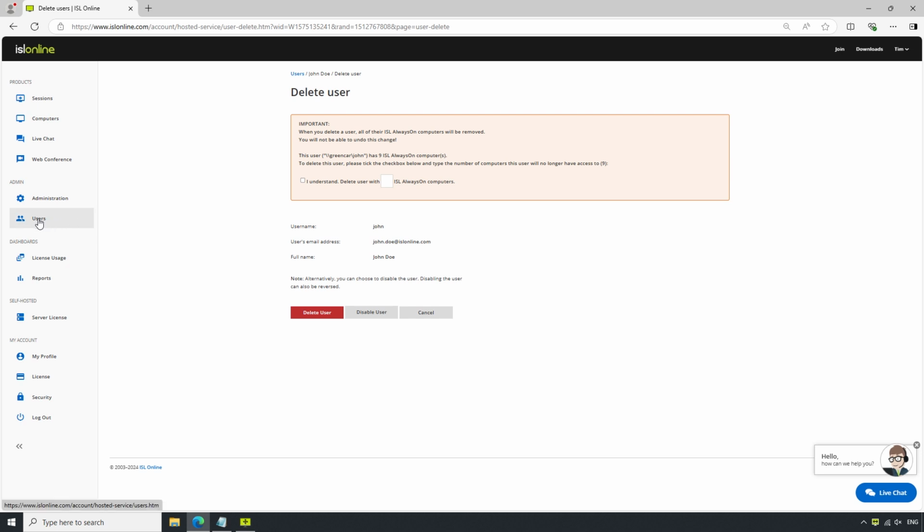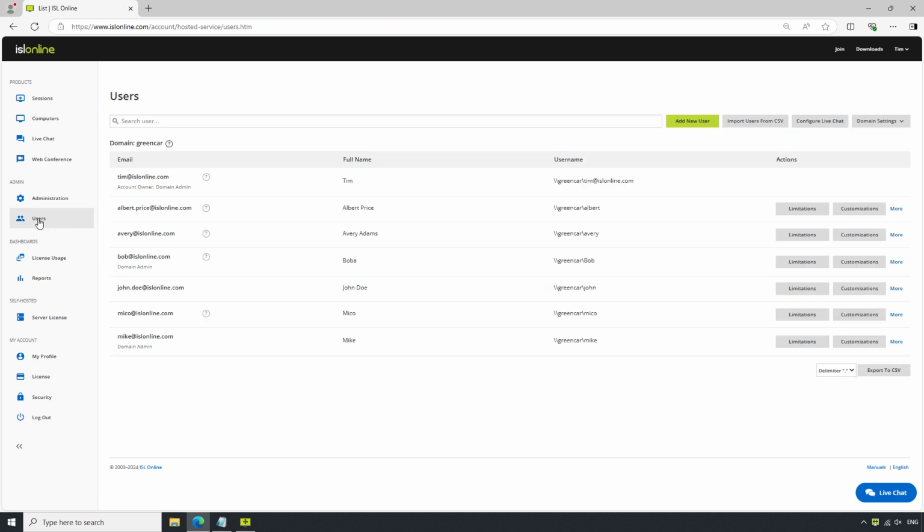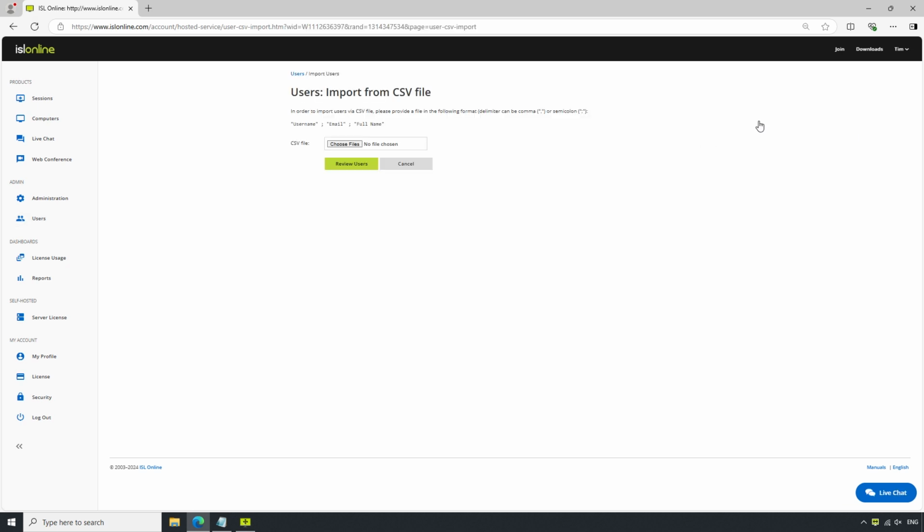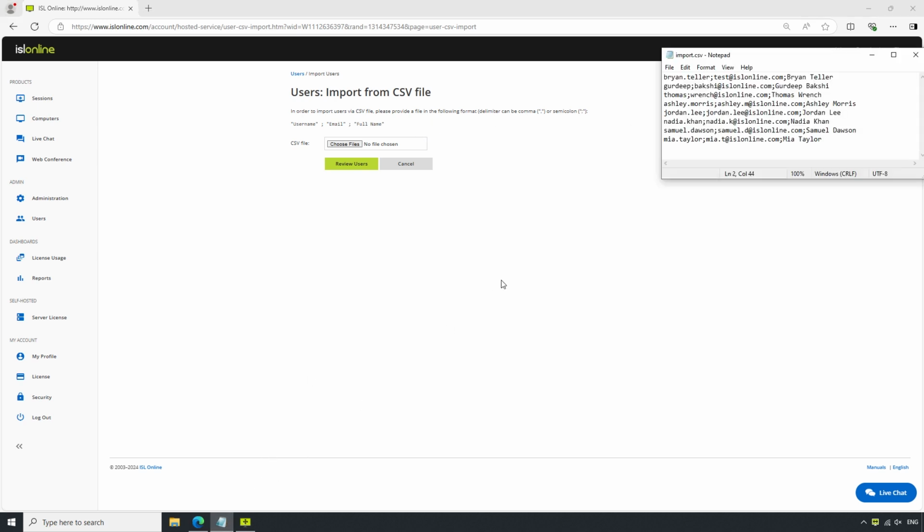In the meantime, let's head back to the Independent Users tab and look at a few more things it has to offer. Instead of creating one user at a time, another option is to go with Import Users from CSV. In this case, we simply prepare a CSV file with the username, email, and full name of a single user separated by semicolons and one user per row.